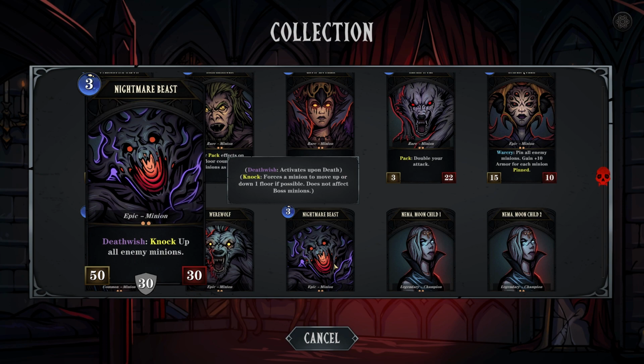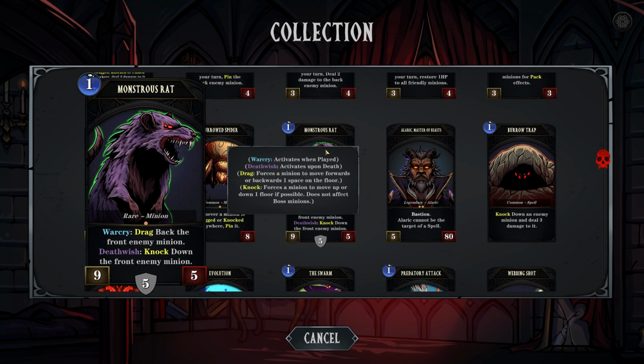First of all, Nightmare Beast is another epic minion, really massive, really expensive, but if you can upgrade it, it will just sit on your floor and be a fantastic tank. I personally love this minion and I will always pick it up and duplicate it if I ever get the opportunity. Next up you have Monstrous Rat, which Warcry, drag back the front enemy minion, and Death Wish knock down